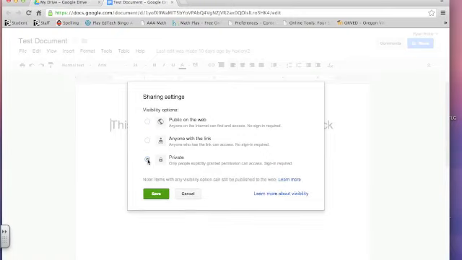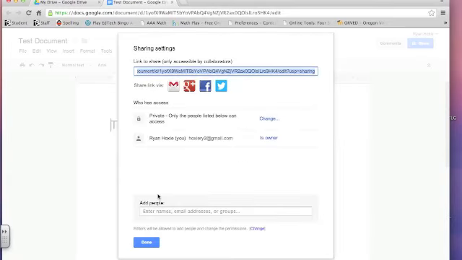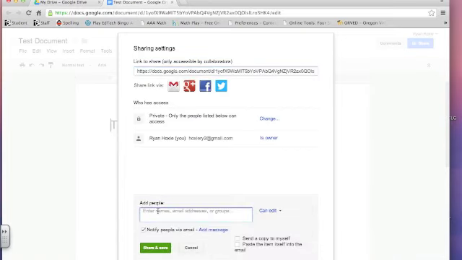Well, I'm going to actually keep it on private, where only people explicitly granted permission can access. Sign-in required, so that requires the person to have a Google account. I'm going to press the green Save so all of my changes are saved. And below here is where I'm going to start adding people to have access to my document. I'm going to add another one of my Google accounts. It is my original